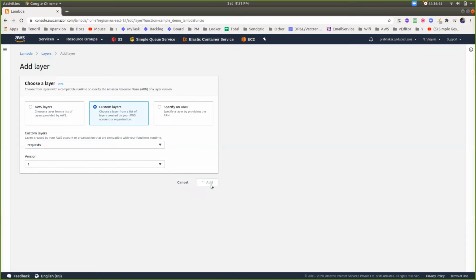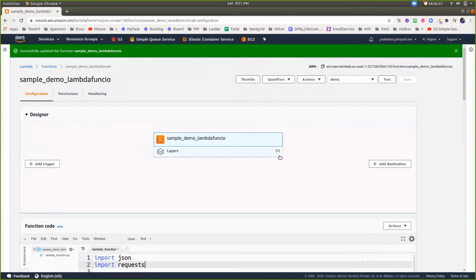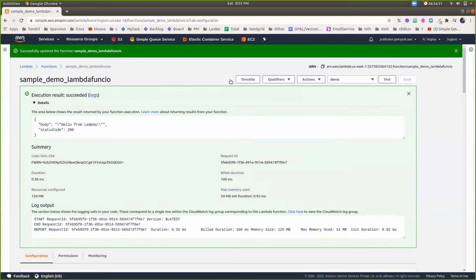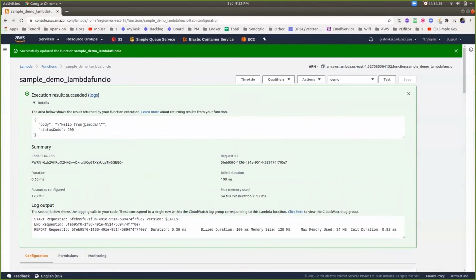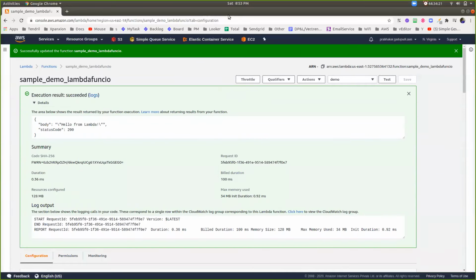After adding that, inside the layer I can see one more digit, which indicates that I have successfully added one more layer. If you see, this is the one. After adding that, go ahead and click the test option. Yes, this is how, after adding layers, we can import our custom libraries and reuse them as per our requirement instead of putting all the dependencies into your application. Thank you so much for watching this demo.